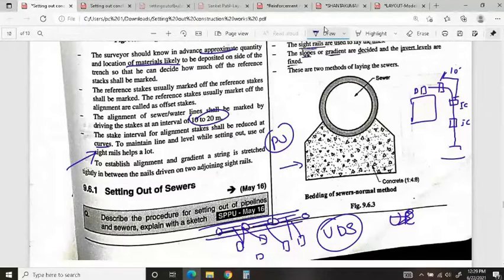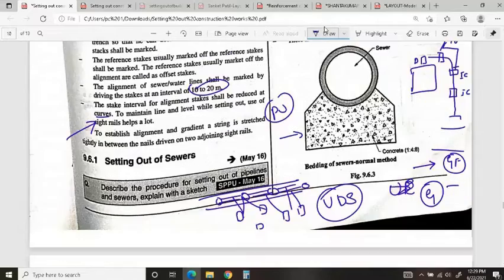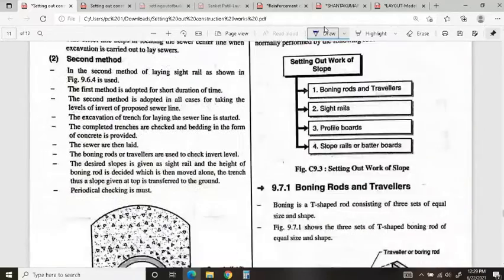It is very similar to the setting out for highways. The only thing is that we have to take care of the gradient, with the help of the natural slope. So here we don't have any pumps or the like to push the sewage. With the help of the falling gradient and the gravitational force, we have to lay the sewer lines.